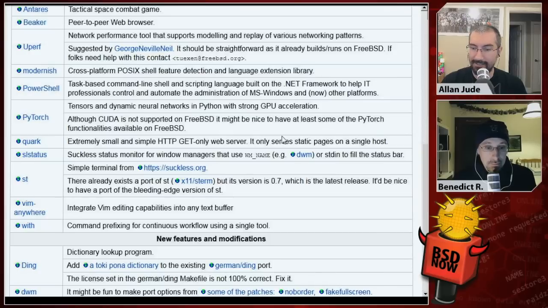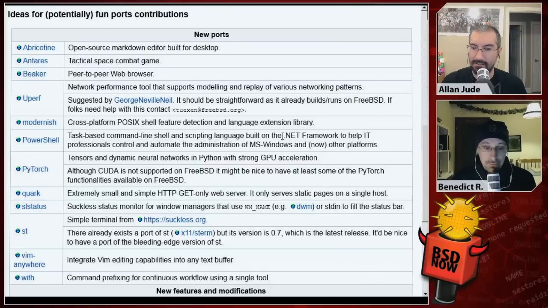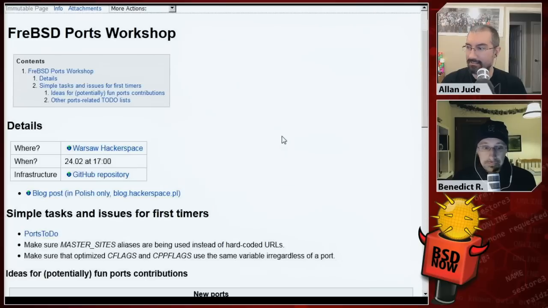If you don't know where to get started, you can pick one off this list and get to work on that. There's everything from small version updates to building ports for things that don't have ports yet. And there'll be people there to help you, and they'll try to make it as easy as possible. Great way to get started. You learn much faster when you do it in person, I think. So if you're in Warsaw, check it out.